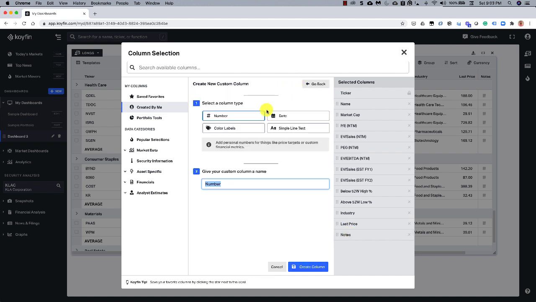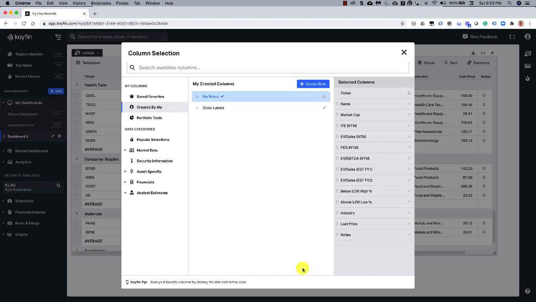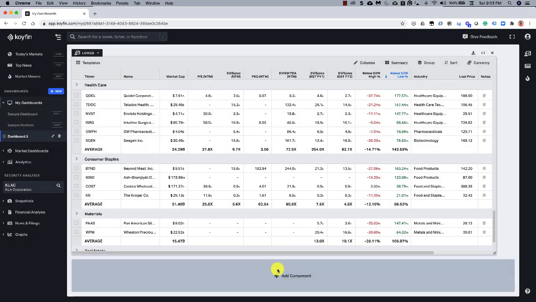But then you could also add other columns. So for example, if I wanted to add a number column, which is like a price target or maybe a potential number of shares I want to buy, I could create that column, or a date column, or a label column if I wanted to do buy, sell, and holds, or a single line of text. So let me show you how that works. I'm just going to create this column called color labels, and I'm going to add it here. And now I have